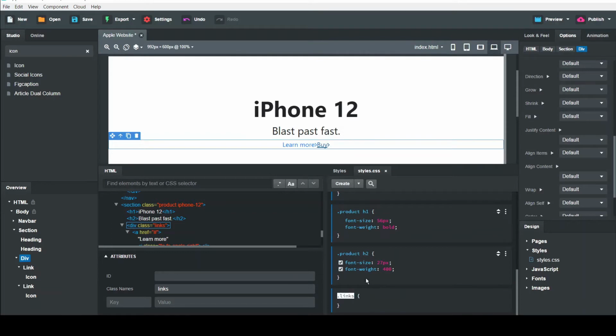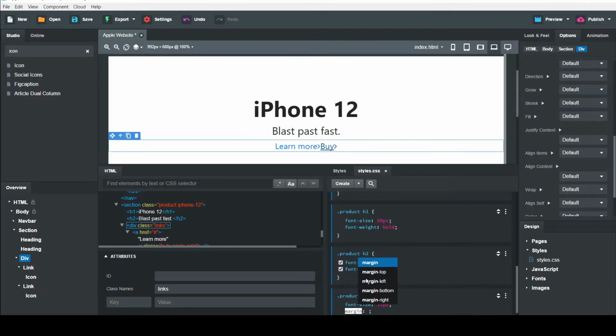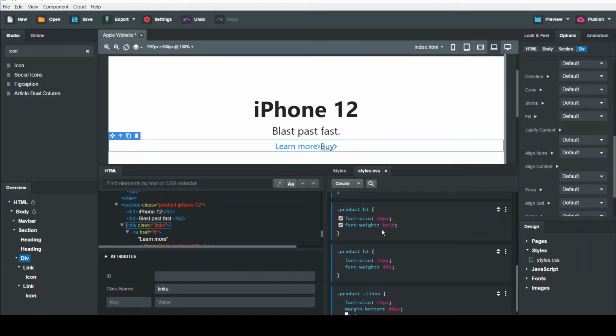Let's create the CSS for that links. We keep the font size should be 21 pixel and make the bottom margin 80 pixel. There is no gap between the two links.